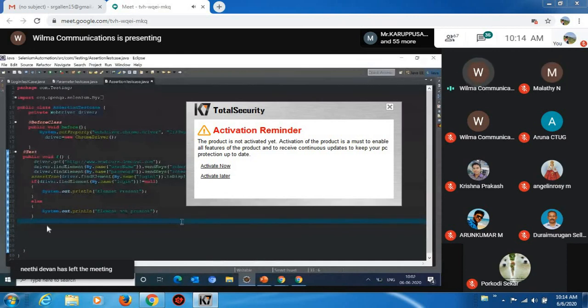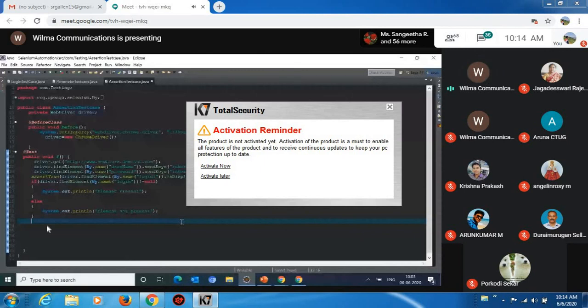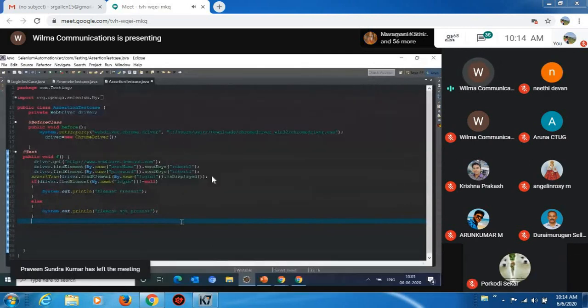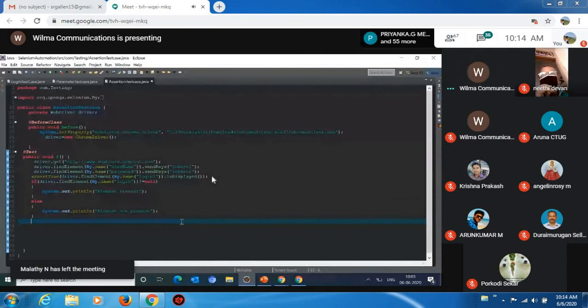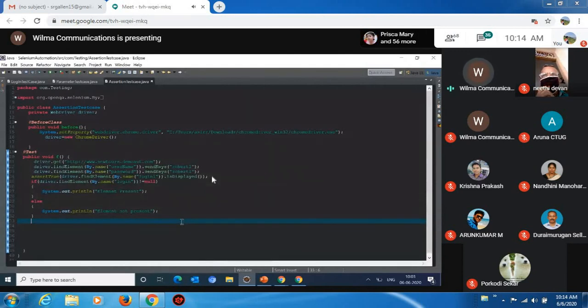So first we discussed how to create and configure the Java Selenium project inside Eclipse, what necessary jar files and libraries are required, and how to build all those things. Then we discussed what TestNG is, why TestNG is required, what different annotations are available in TestNG, and how to use them. Then we discussed how to write the Java Selenium WebDriver code for the login functionality. Then I explained how to do the parameterized script with the help of the data provider method. Then third, we discussed how to use an assertion method.